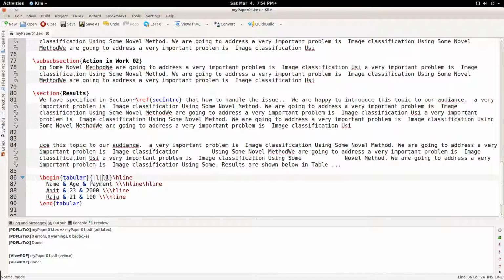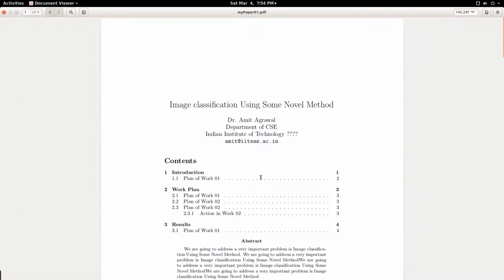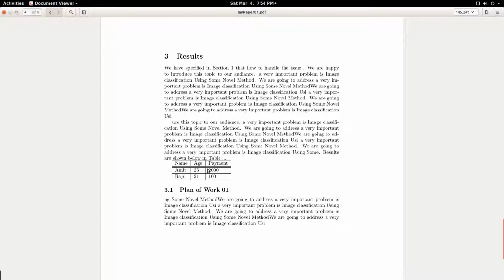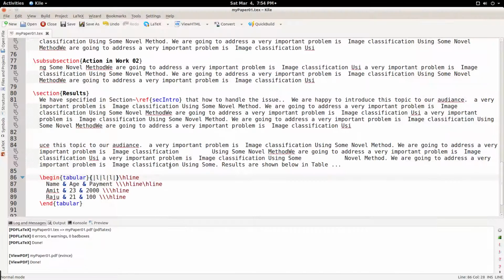You specify the lines from here. There will be vertical lines also. So now you can see that the vertical lines and horizontal lines, everything is there. You see that the contents are very near to that. So as we have done in the case of